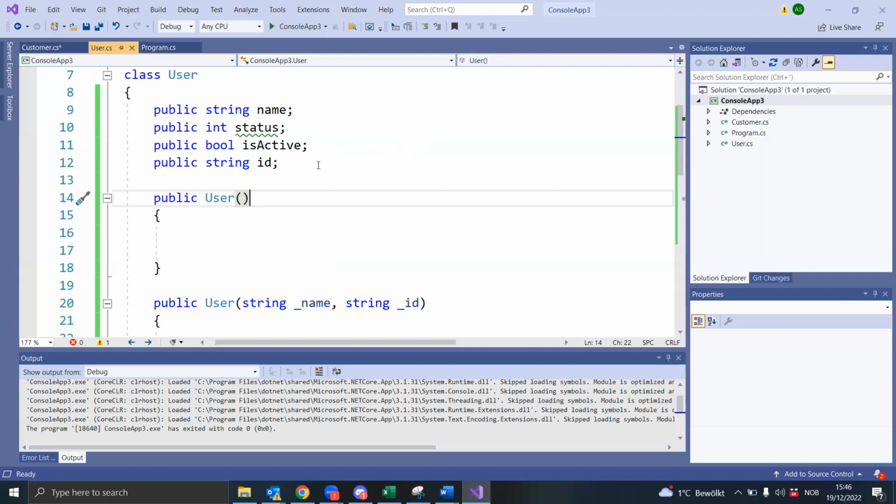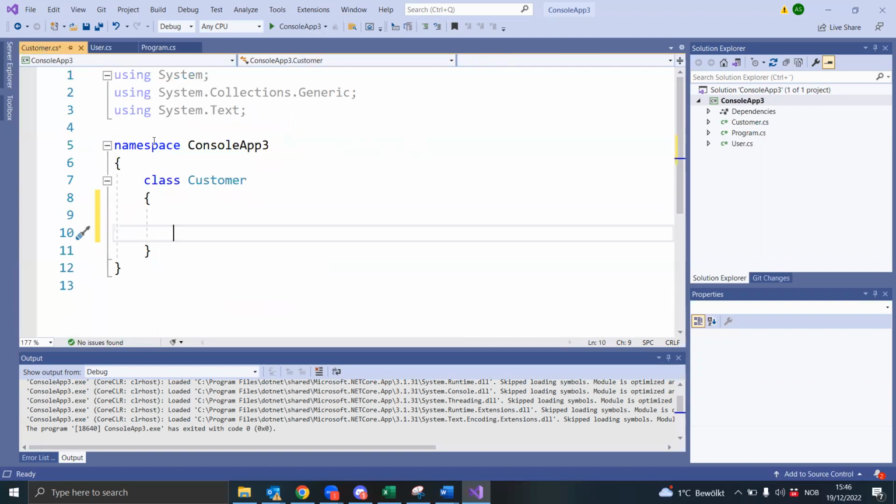For instance, purchase items or sell items, or have attributes like bank balance or something. So if I go to my customer, the customer should be a user and should inherit all the attributes and all the stuff from my